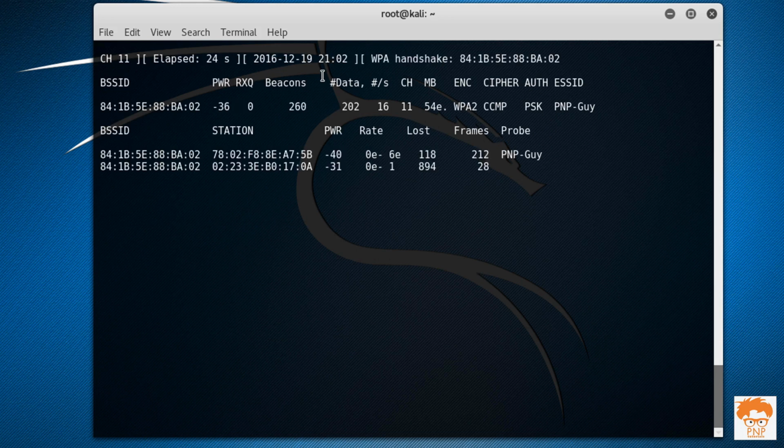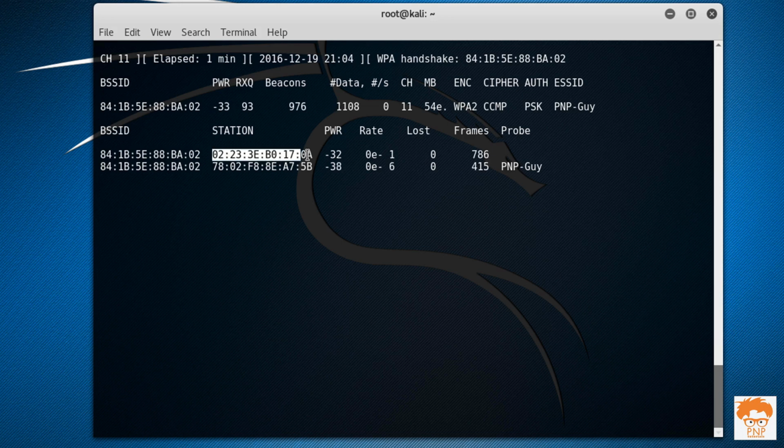Now there are 2 stations connected to this particular Wi-Fi router. First one is the 7802F88E, and second one is the 02233E. Okay guys, so this is my Windows machine that is